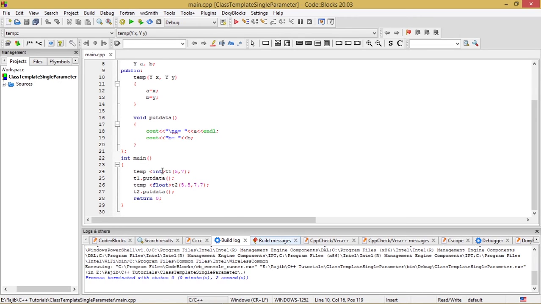In this line, we can see that I have used the data type int as the specific data type to be applied to the generic data type Y. So Y will now act as an integer data type for this particular object t1 having actual parameters 5 comma 7. After that, I have displayed the data members a and b by the putdata function, t1 dot putdata. After that, I have yet again instantiated the class temp with another object t2 with arguments 5.5 and 7.7,